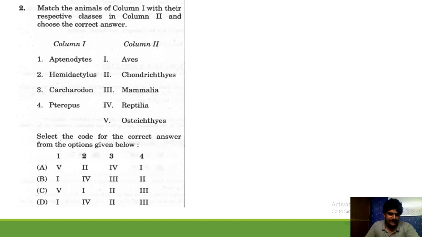So you have been given the answers here, A, B, C, D. Whichever the answer, you have to choose. So let's see how we can choose the answer. First we have to know about the animals. Those animals have been given in the form of genus in column 1, in the genus format. Okay, the first genus is